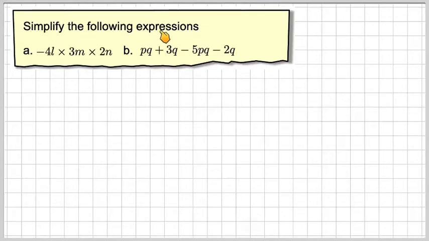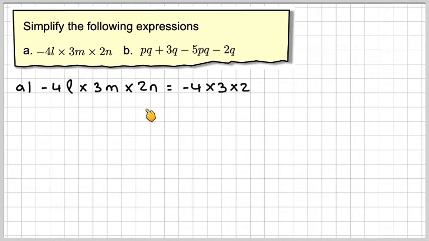Simplify the following expression. So we've got minus 4L times 3M times 2N. So we've got multiplication here. So you've got minus 4L times 3M times 2N. Now it's good to group together the numbers. We're going to put minus 4 times 3 times 2, and then we're going to put the letters times L